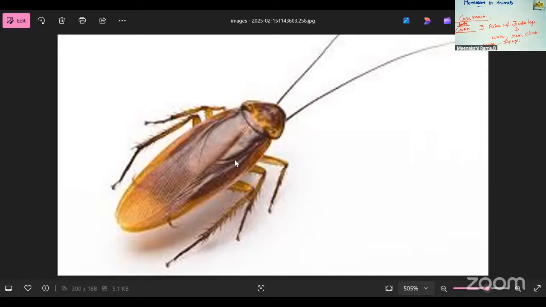So the body is covered with chitin. This is chitin, a light protective material of the body. It is shed regularly so that the body can grow. Okay. So the special part of the cockroach is chitin. The outer part of the body has chitin. So this is the movement of the cockroach. There are 3 pairs of jointed legs used for walking, running, and climbing, and 2 pairs of wings help with flying. Okay, and next